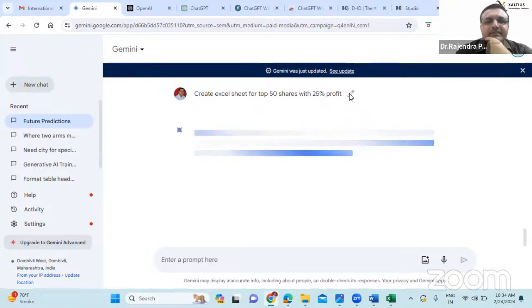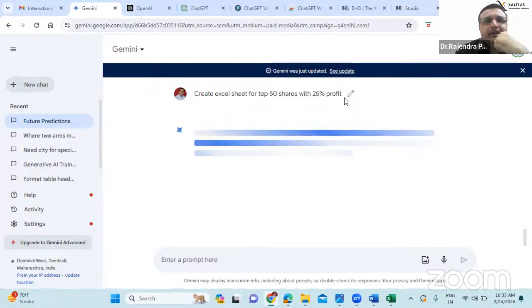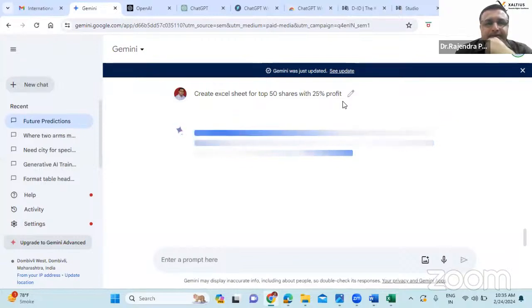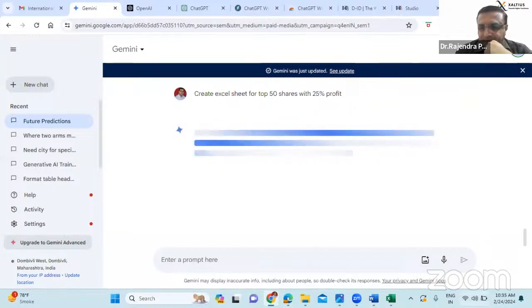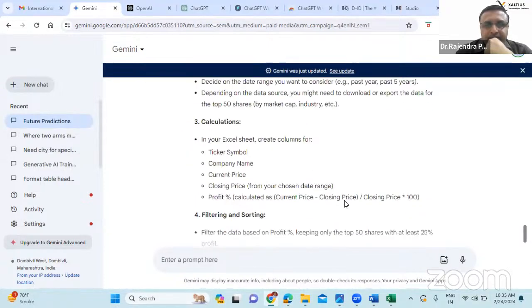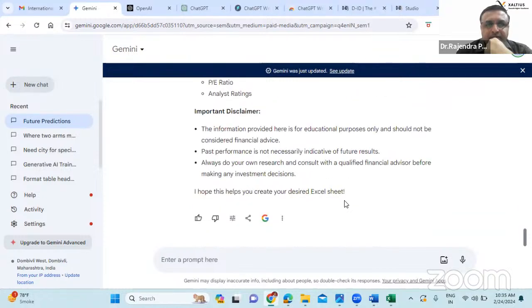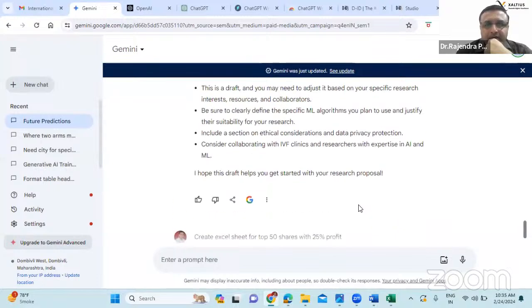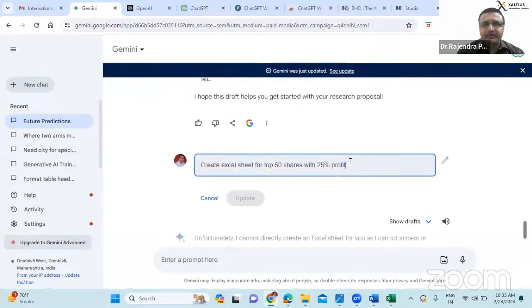I should mention the returns so that one can easily find this data, and it will help him make the decision of where I should invest, right? So let's see now. Again, refine your prompt.